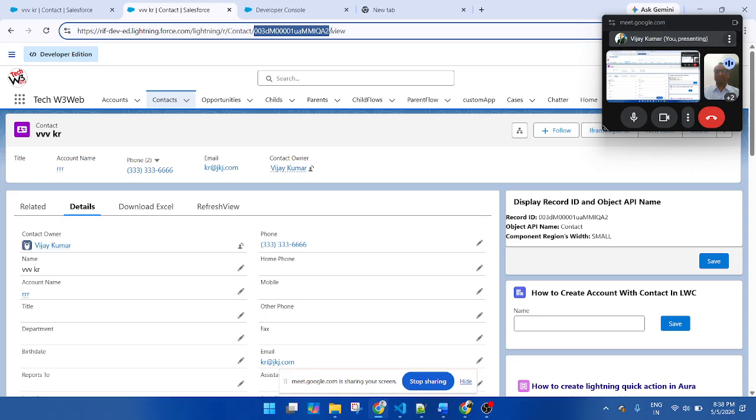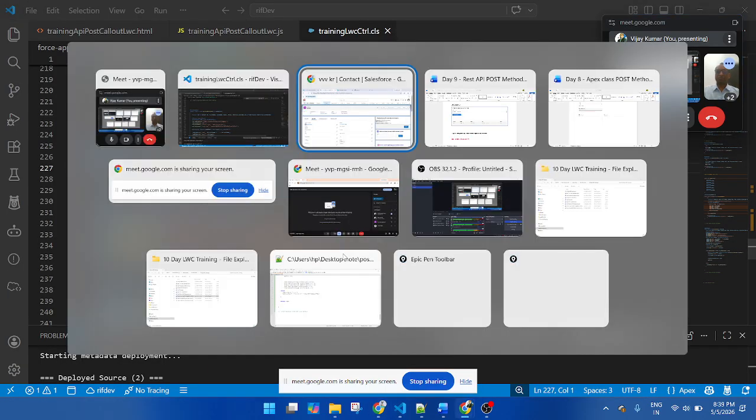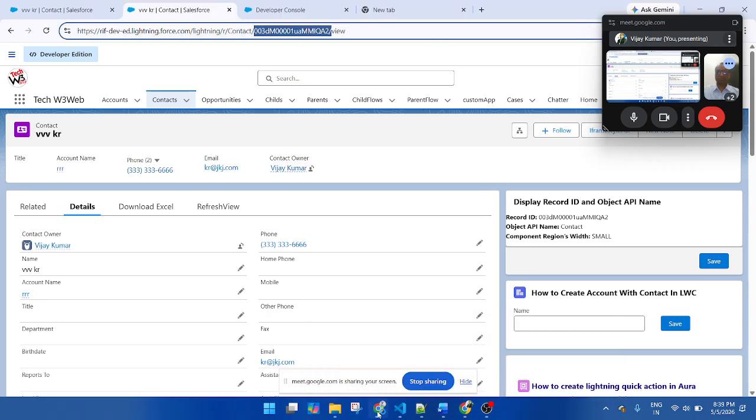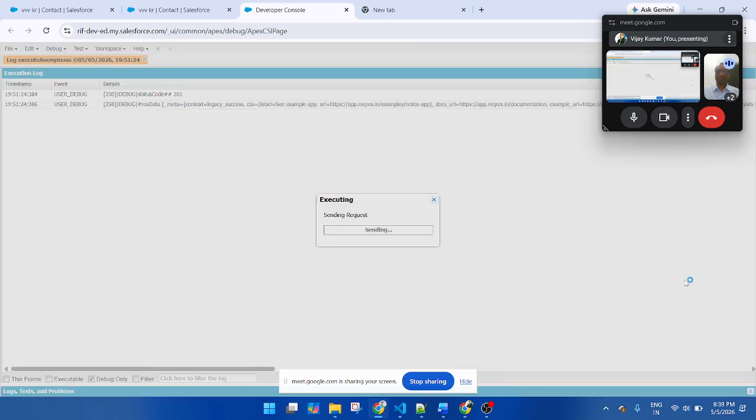Every time it will return a new ID. So here I am passing the ID, and if you select and execute highlighted, it will return an ID.